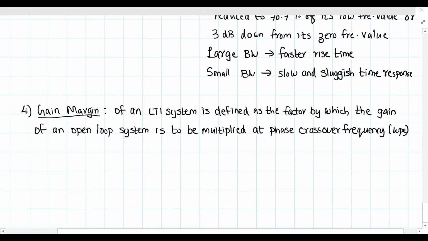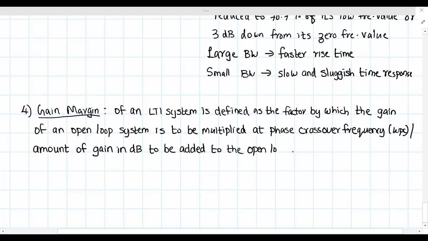Okay? Or the amount of gain in decibels to be added to the open loop gain at phase crossover frequency,